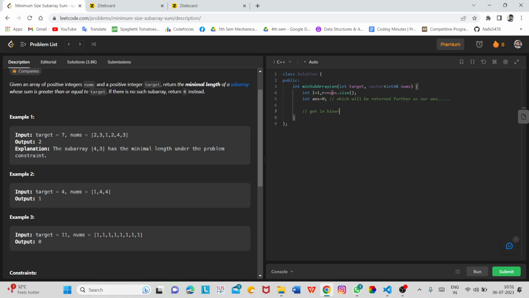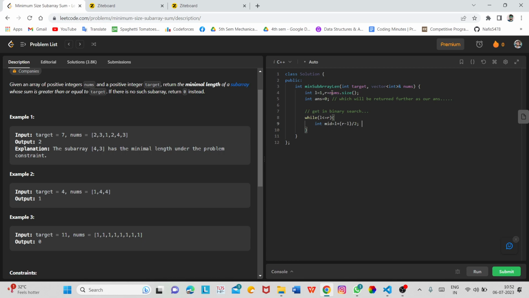In binary search, we will have a while loop in which L is less than or equal to R, and in this while loop we will have an integer mid, which is nothing but L + (R - L) / 2.